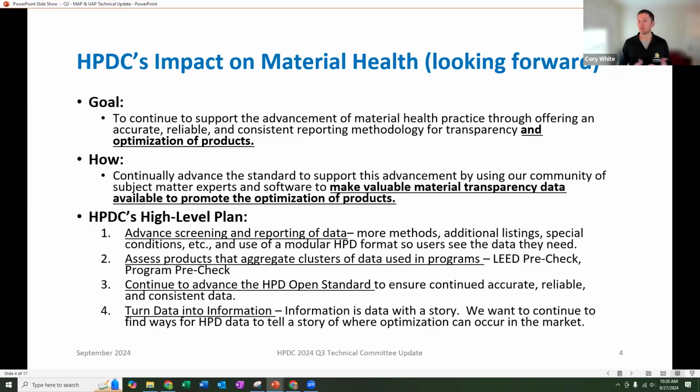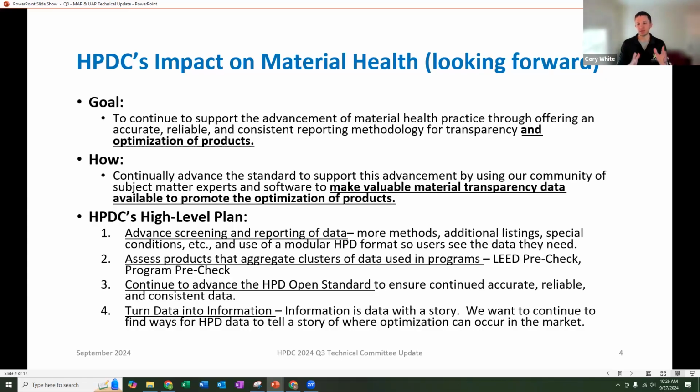Manufacturers could actually have a pre-check if they really wanted to in the repository. And you'll see in version 3.0, as I get into this, why that can be so valuable to your organization, and specifically taking a look at things like your supply chain. The core of all of this is still the HPD Open Standard.